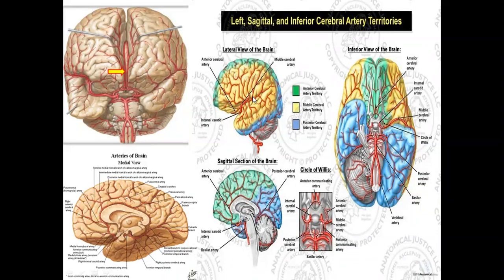So this middle cerebral artery runs in the lateral sulcus of the brain. What happens when it is blocked? It causes a major loss of blood supply of the brain. The major motor area is lost, because the middle cerebral artery supplies the major area of the motor cortex, and all the motor area is supplied by the middle cerebral artery.